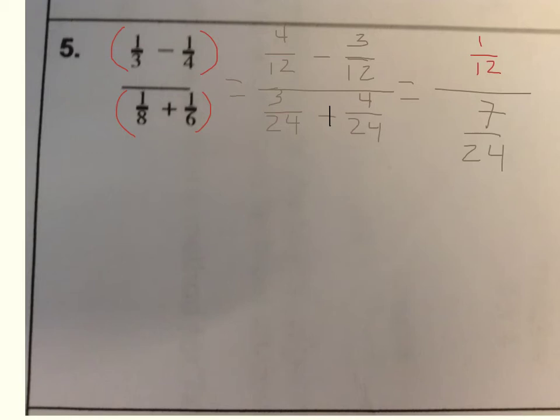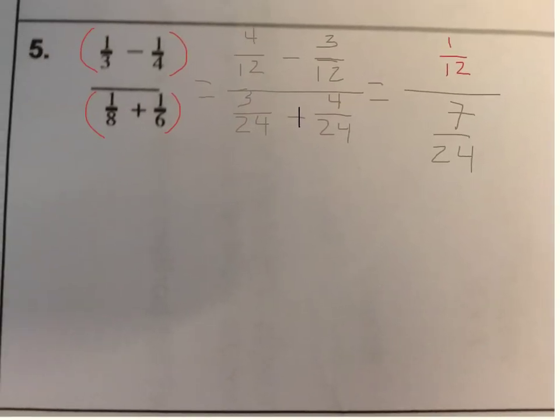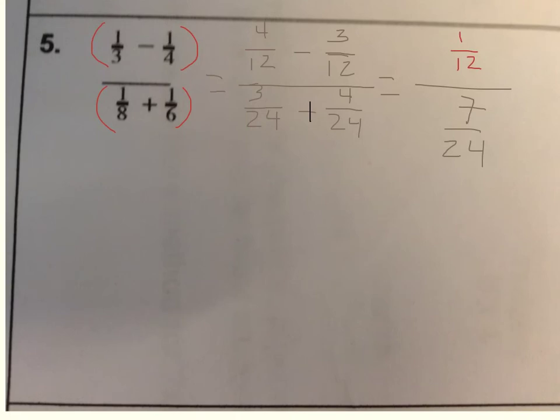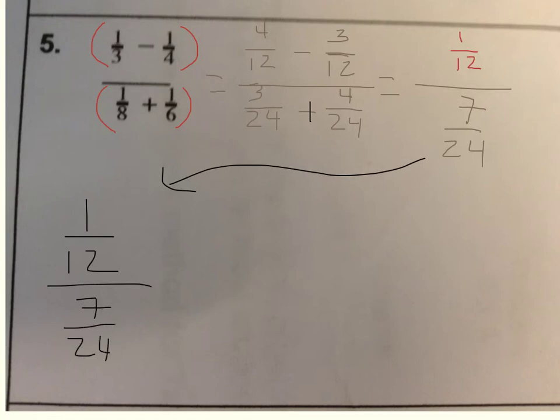Now I'm going to rewrite that down here. Let's try this again. I want to rewrite it down here, 1/12 divided by 7/24. So I know that I was able to group my numerator and my denominator of this fraction bar. So I also know that this fraction bar right here is equal to division. So instead of dividing fractions, I can also multiply by the reciprocal. So I'm going to rewrite this as 1/12 times not 7/24, but